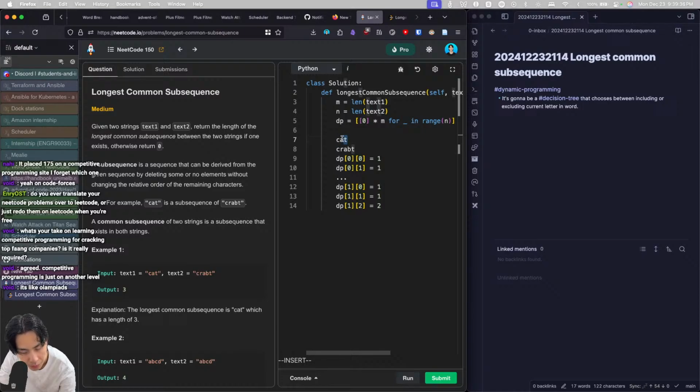And then T, once T is in the picture, cat and C, that's 1. Cat and CR is 1. Cat and CRA is 2. Cat and CRAB is 2. So when you got cat and CRAB,